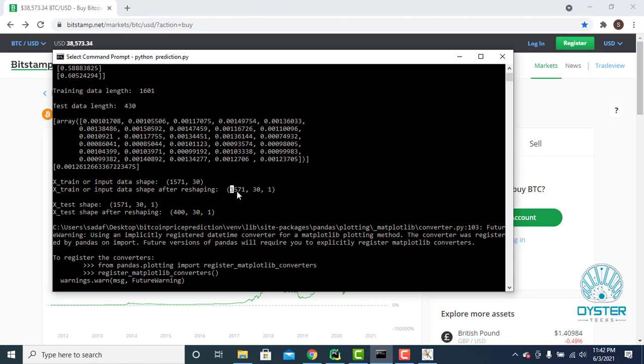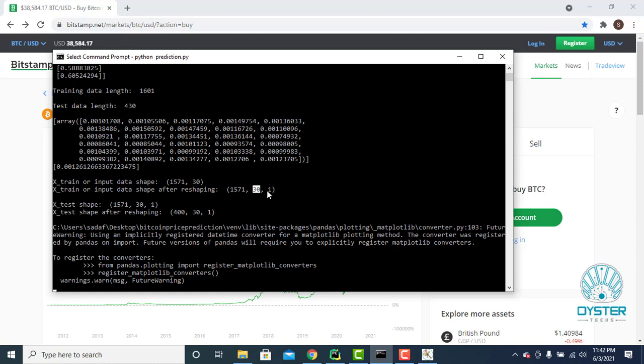This means that in the training data we have this many examples to learn from, and this one means that each example looks back 30 steps in time, such as what the stock price was yesterday, the day before yesterday, and so on until the last 30 days. This is what we call a time step.